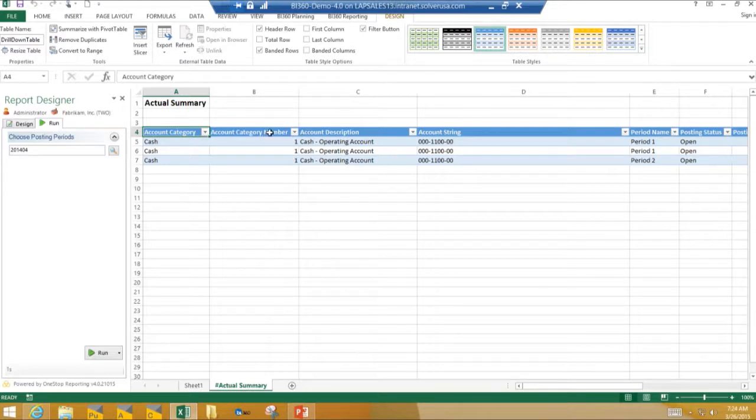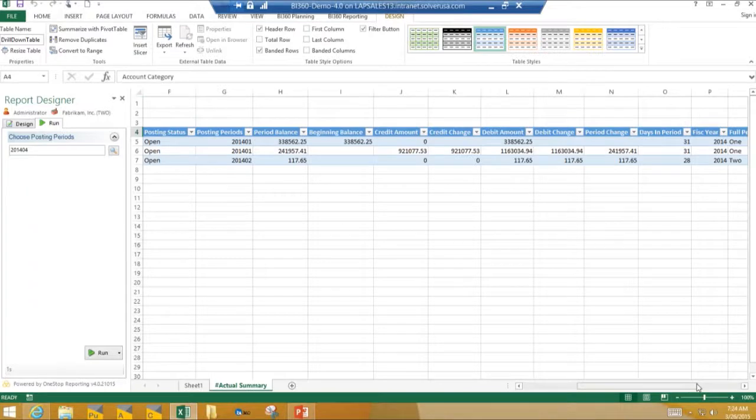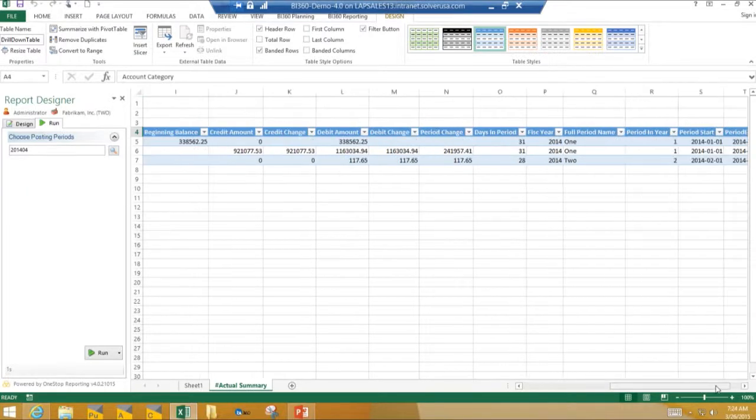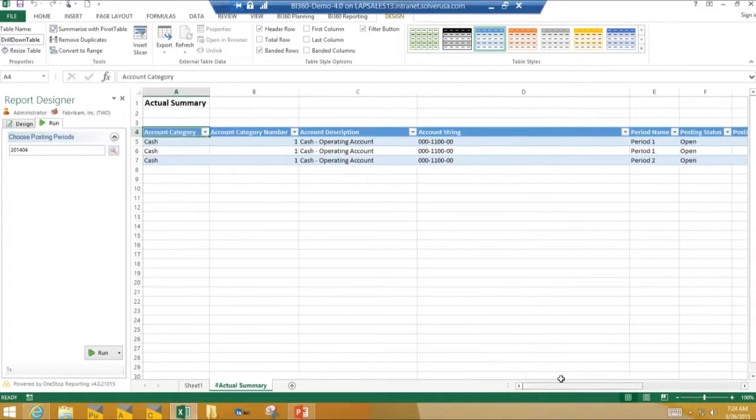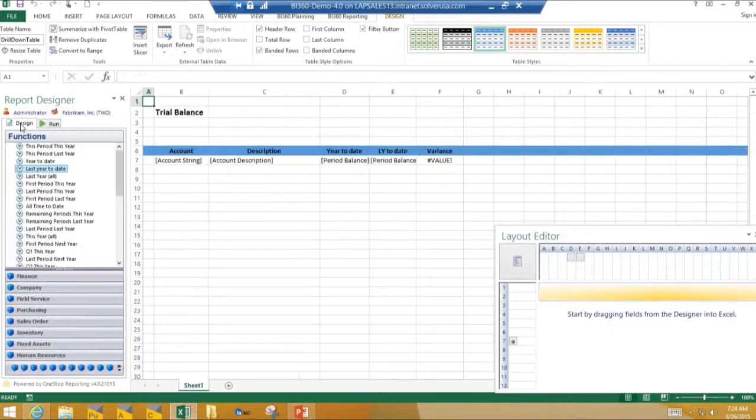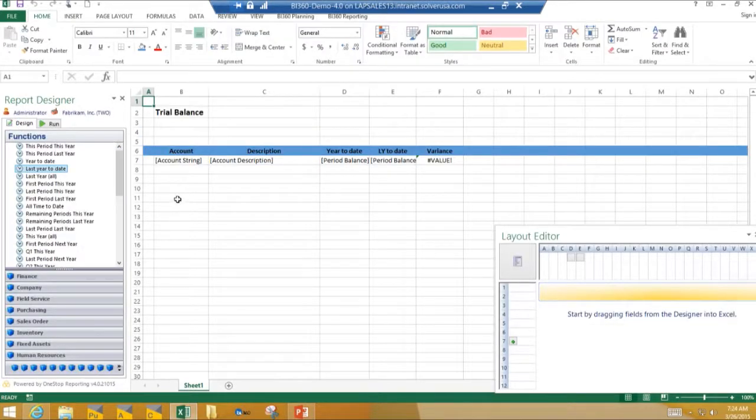And by right mouse clicking and drilling, it gives me ERP activity by account string. It can take you to transactional level, whatever data we still have that we've pulled into your BI360 from your ERP environment. So I can just come back over to design mode, and what's a financial statement without a total? So let's go ahead and make a total